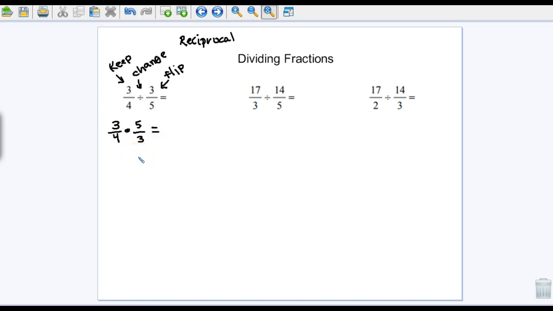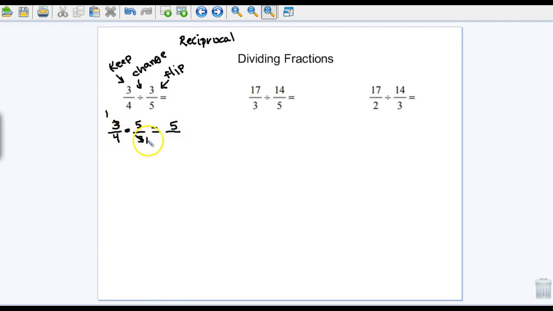But before I do my multiplying, I still want to look to see if I can cross cancel. I have a 3 and a 3 here, right? So we just did that cross canceling. So I know that 3 divided by 3 is 1. And again, 3 divided by 3 is 1. So now my problem is so much easier to multiply. Because now I have 1 times 5